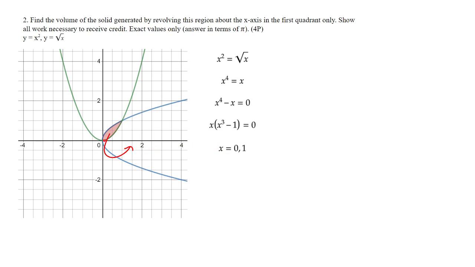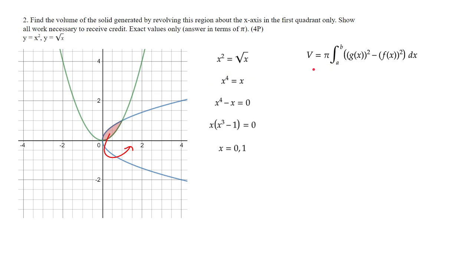We already know about x equals 0, but this gives us our intersection point right here. And if we want to know the y value for some reason, we just plug that into either of these, since they both give the same value since they're intersecting at that point. So now what we want to do is use our volume formula when revolving around the x-axis,